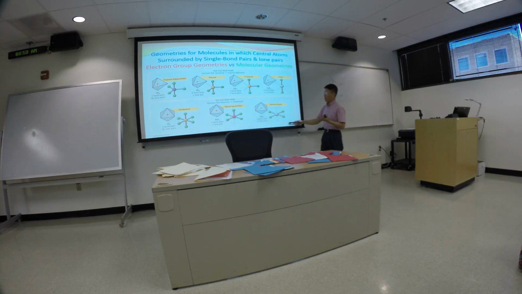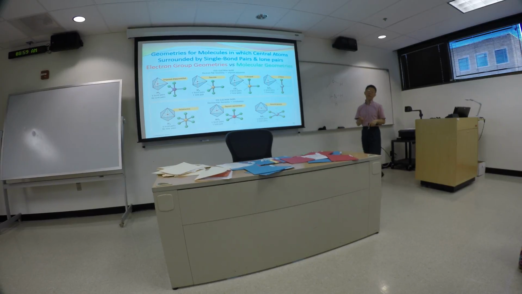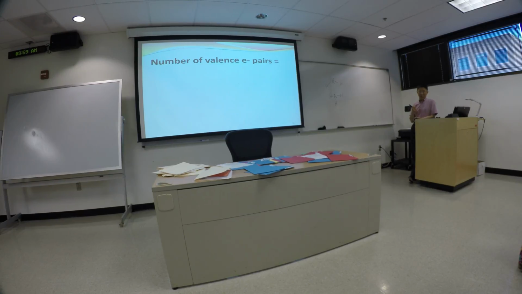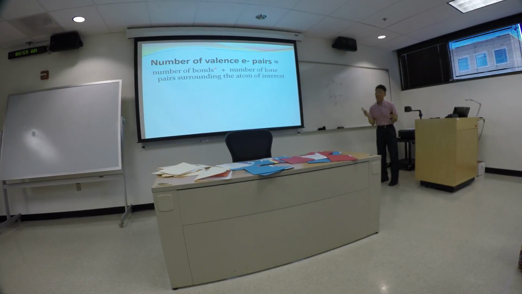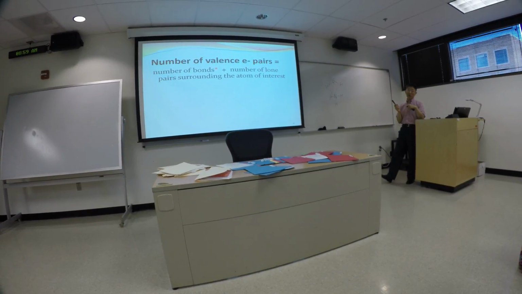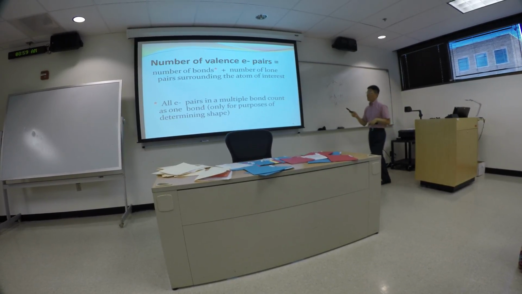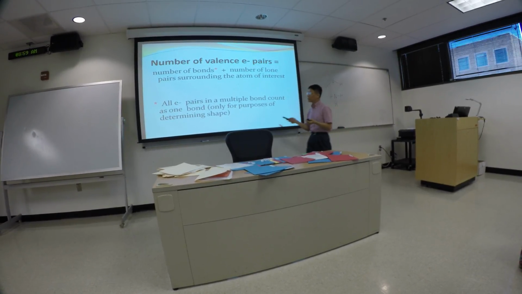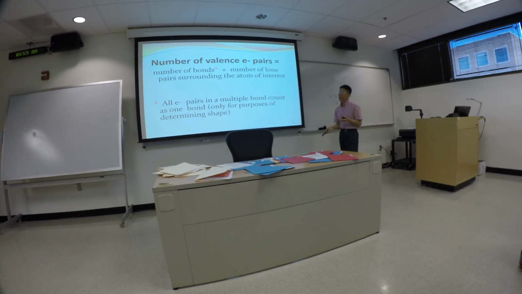When you have 6 electron pairs, you can have an even more complex situation. Now, how do we make predictions there? Well, first we need to determine the total number of valence electron pairs around the central atom. The total number of valence electron pairs is equal to the number of chemical bonds, put a star in there, I'll explain what that star means, plus the number of lone pairs surrounding the central atom of interest. So in this case, when you have a multiple bond, double bond, triple bond, quadruple bond, what have you, all of the electrons in a multiple bond will count